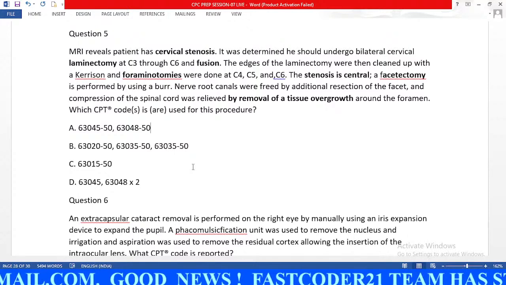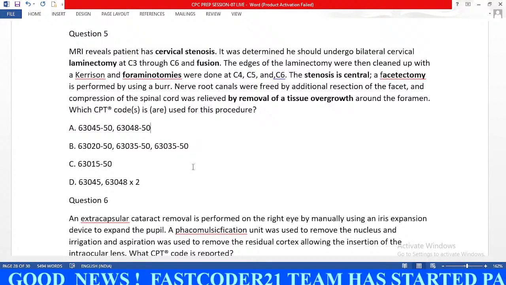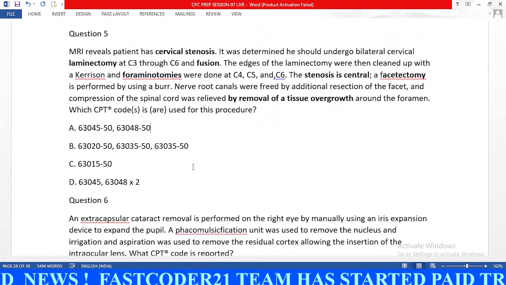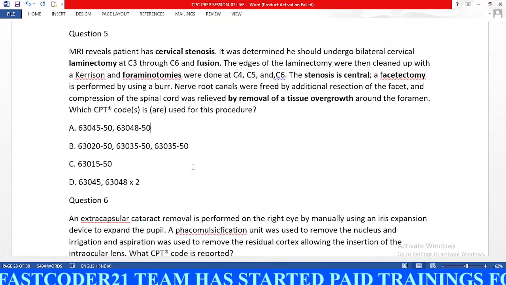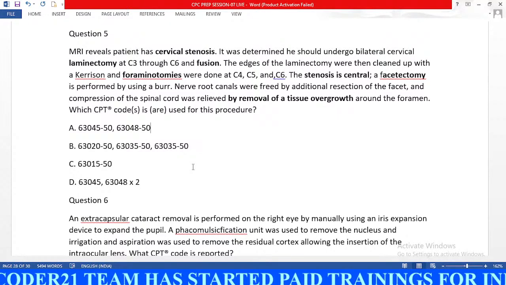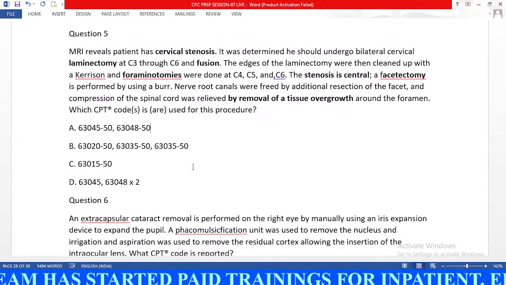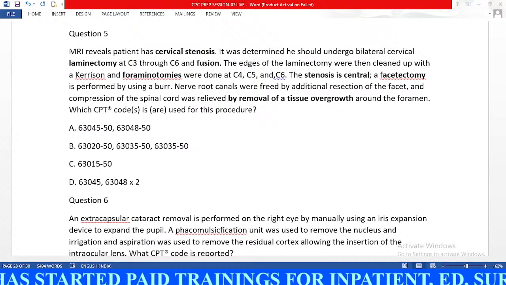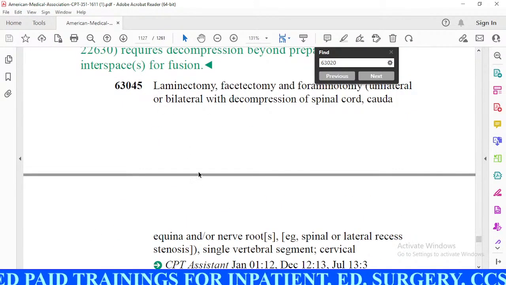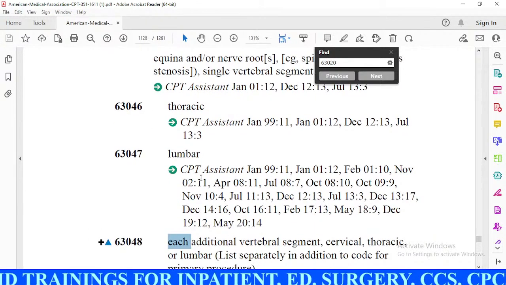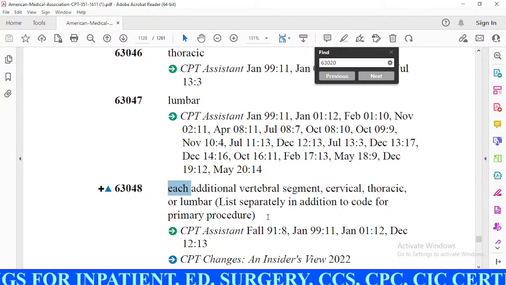I am asking, first of all you need to identify the levels. How many levels is the physician performing the procedure? So identify C3 to C4 one level, C4 to C5 one level, C5 to C6 one level, C6 to C7 one level. So completely we are having 4 levels. So here how do we code? 63045 for first level, and as per the code description we need to code 63048 multiple times